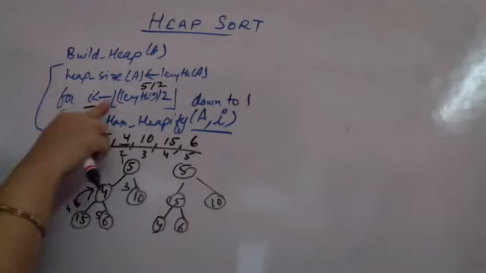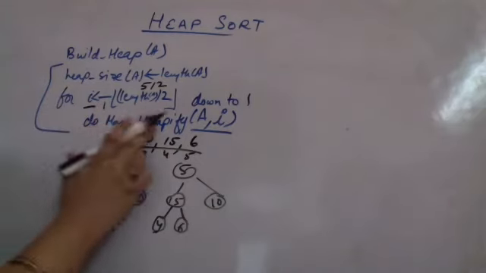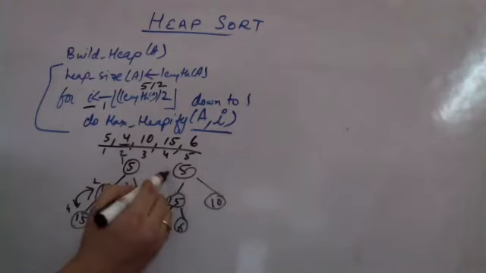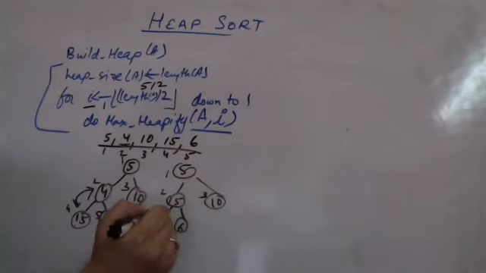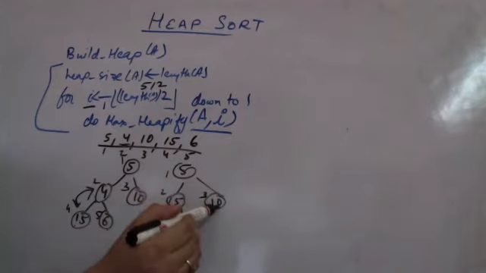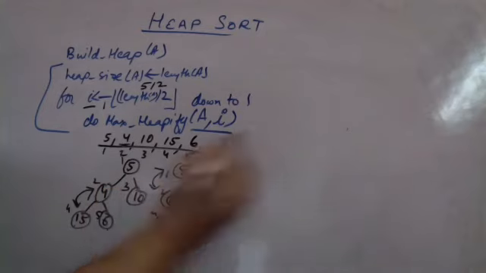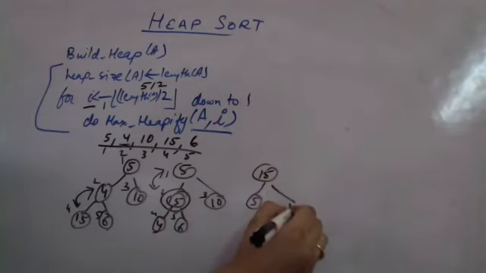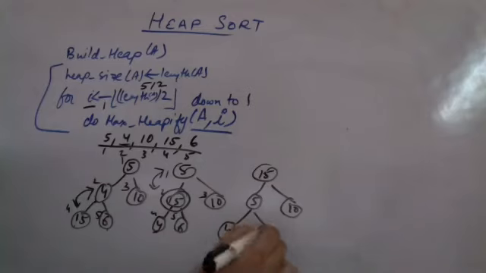You come back to build heap. लूप में I will be reduced to 1. 1 के लिए दोबारा max heapify will be called for a comma 1 now on this list. Now 1 is 5. The children are 2 and 3. As you can see, 5, 15 or 10 में से 15 is the largest. So you will swap these two so that now you get 15 here, 5 here, 10 here, 4 and 6 are here.